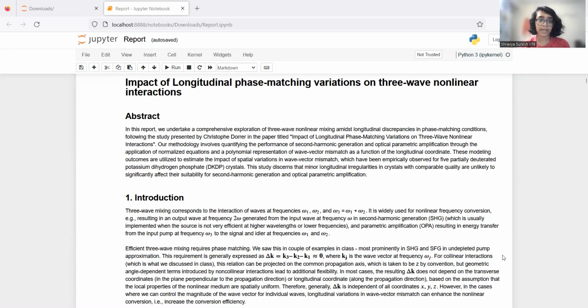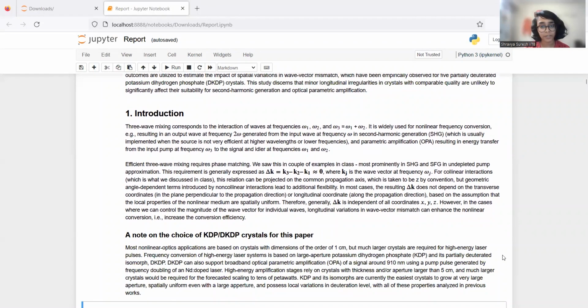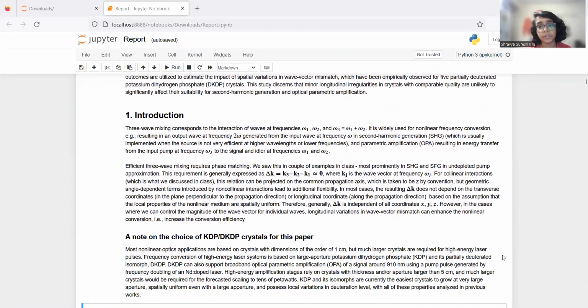Now, for collinear interactions, as again discussed in class, we take this relation along a common propagation axis, which is mostly the z-axis. However, if we expand our vision a little more, we can generalize the case for even transverse coordinates such as x and y. In most cases, the resulting wave vector mismatch which we obtain is independent of both the transverse coordinates as well as the longitudinal coordinates. But in cases where we can control the magnitude of the wave vector for individual cases, we can observe longitudinal variations, which can further enhance the nonlinear conversion, or in other words, it can increase the